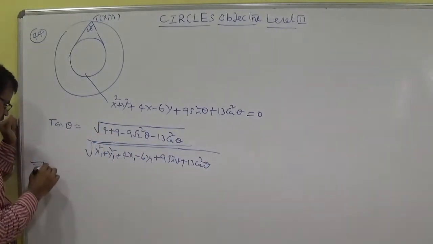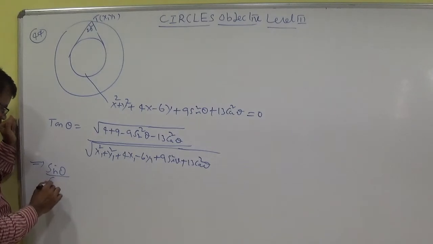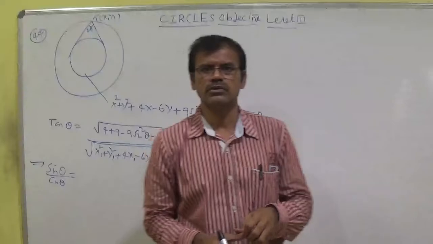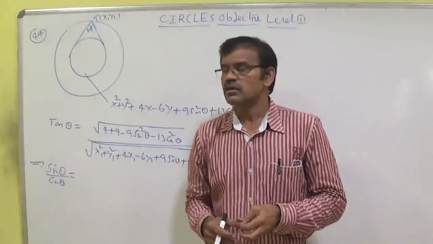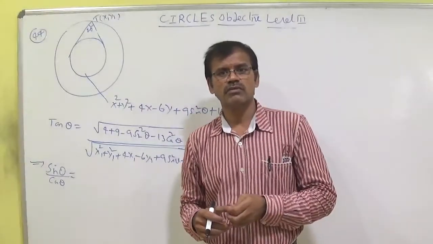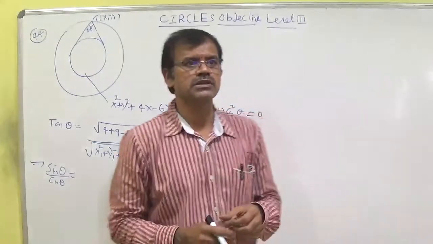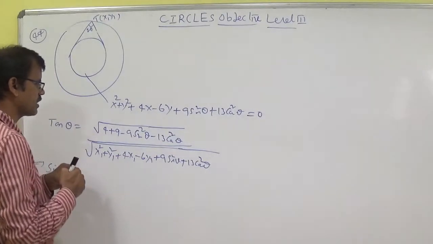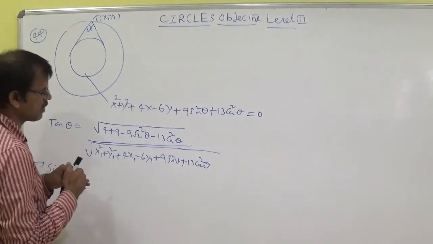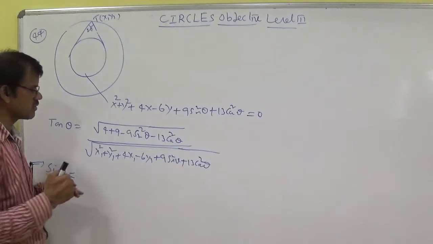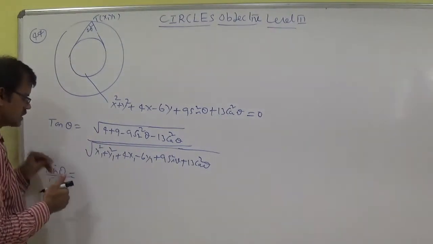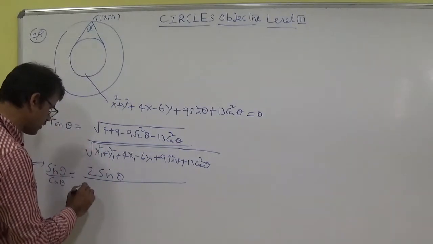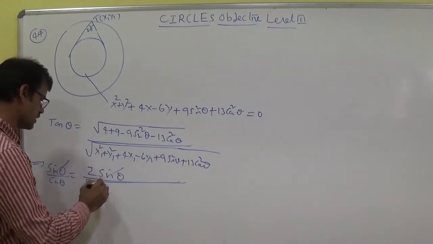That implies we can understand this one as sin theta by cos theta. Students, try to understand that the formula is tan theta by 2 is equal to r by root s11, whenever the angle is theta. Here 2 theta is given, so tan of 2 theta by 2 is equal to theta. Now sin theta by cos theta, I am writing here 13 minus 13 cos square theta. Taking 13 common, it becomes 13 within the brackets 1 minus cos square theta, which is 13 sin square theta. 13 sin square theta minus 9 sin square theta is 4 sin square theta. So you can write this as 2 sin theta whole by 2 sin theta. Sin theta gets cancelled.